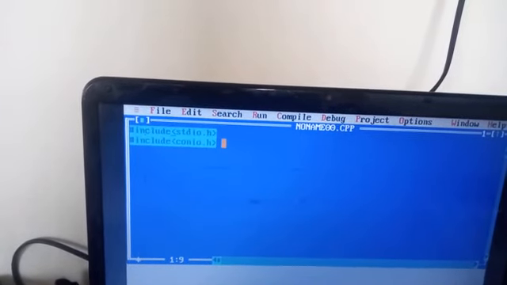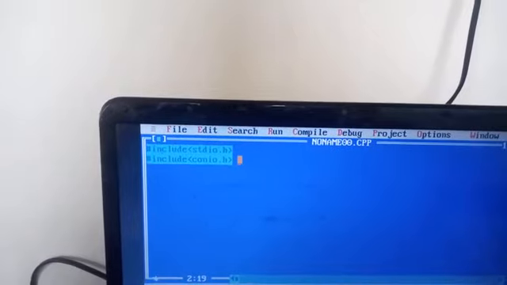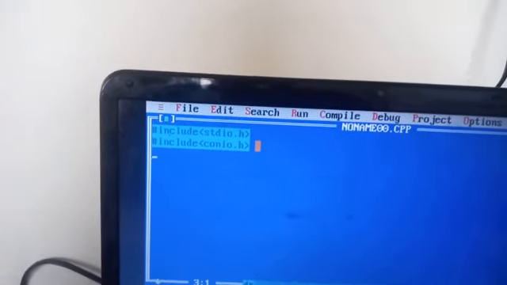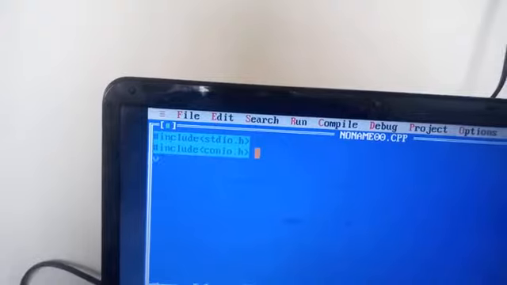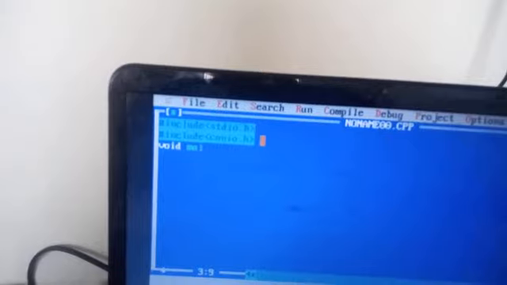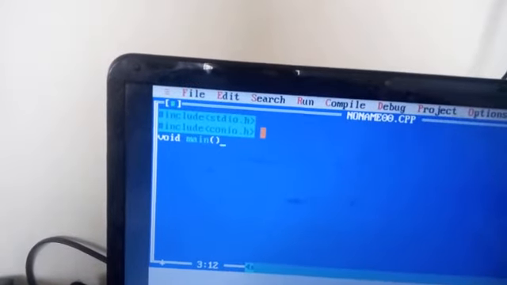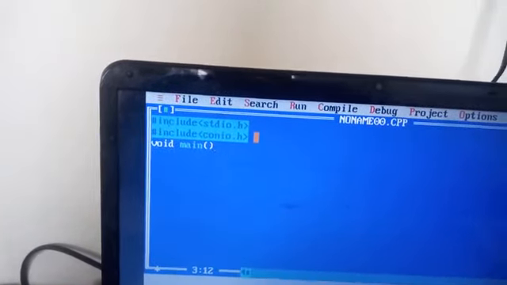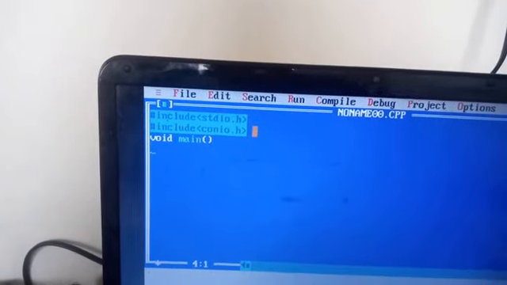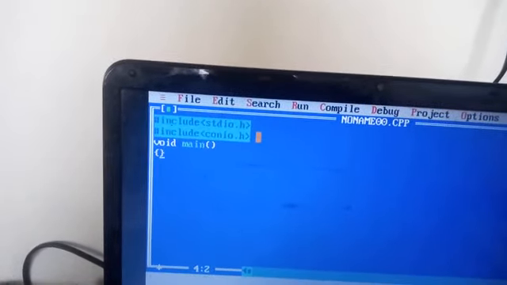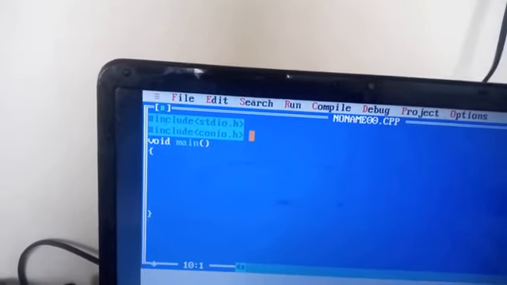You can see here, this is include stdio.h and include conio.h. First is for the standard input output, second is for the console input output. Okay, and now we are moving on to the starting point, we write here void main, and this is the predefined or inbuilt function, void main. After that we use curly braces. In between we write all the statements regarding C programming.